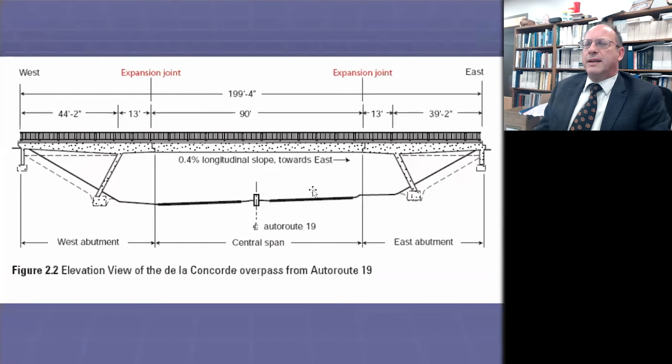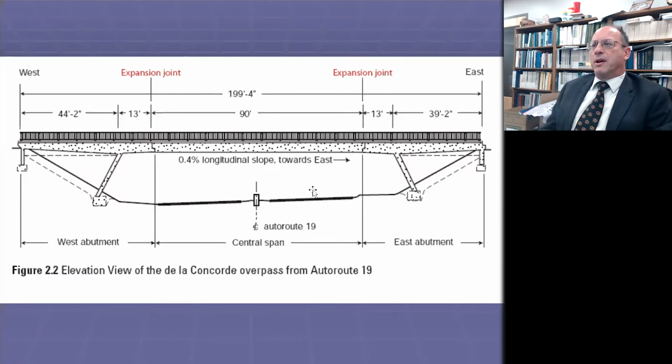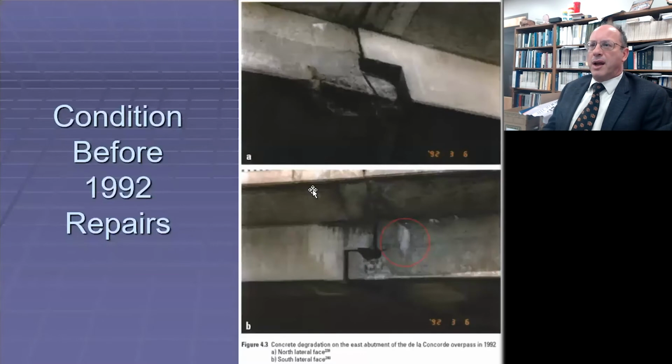And the left and right sides outside of the expansion joints are cast-in-place concrete. And then those 90-foot box girders that we're looking at from the side are pre-stressed concrete. And the connection is made by basically a dap cutout of the pre-stressed concrete beam sitting on a ledge in the reinforced concrete. And before the 1992 repairs, after about 31 years of service, it wasn't looking really good.